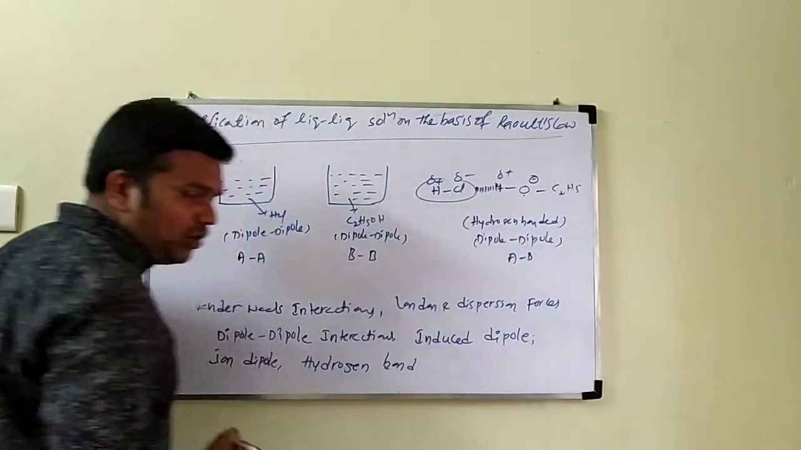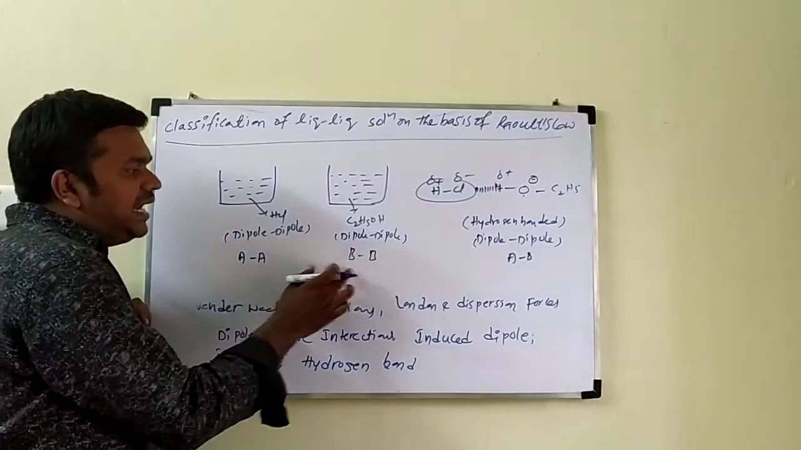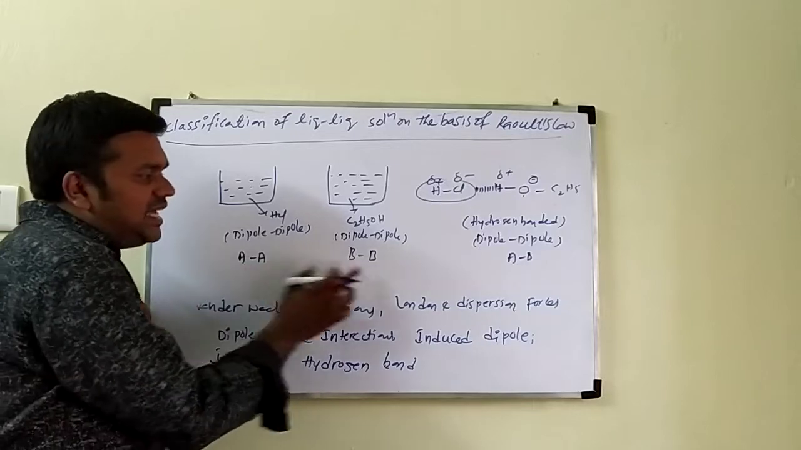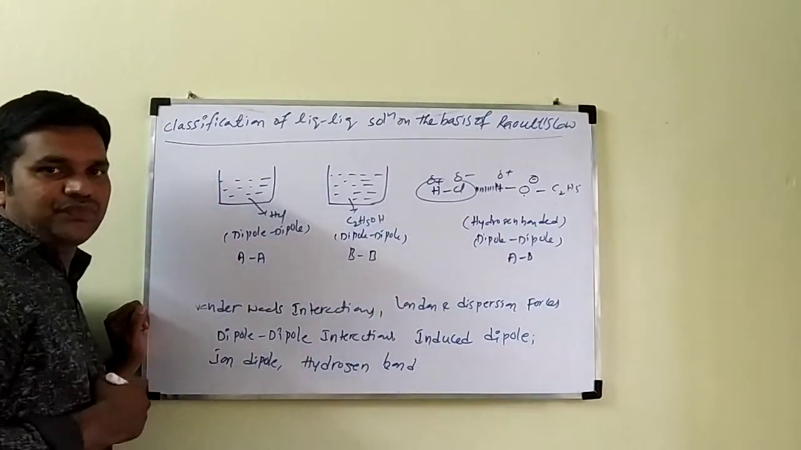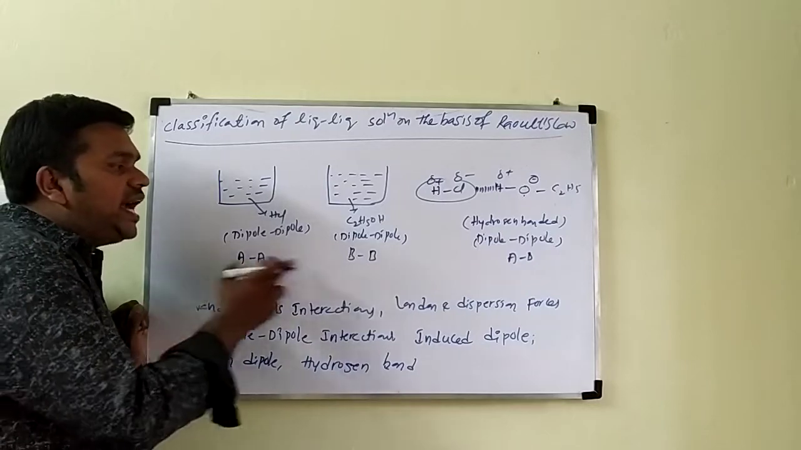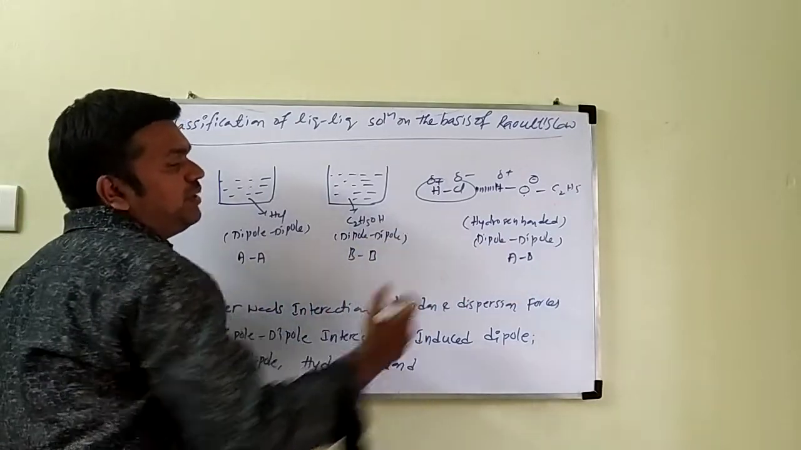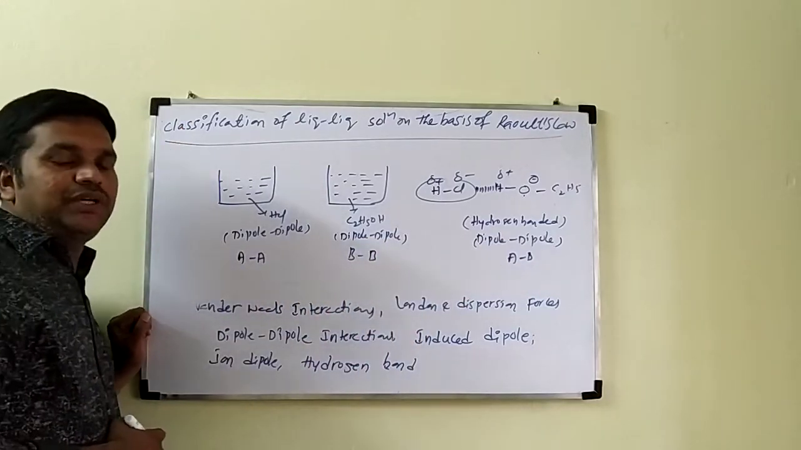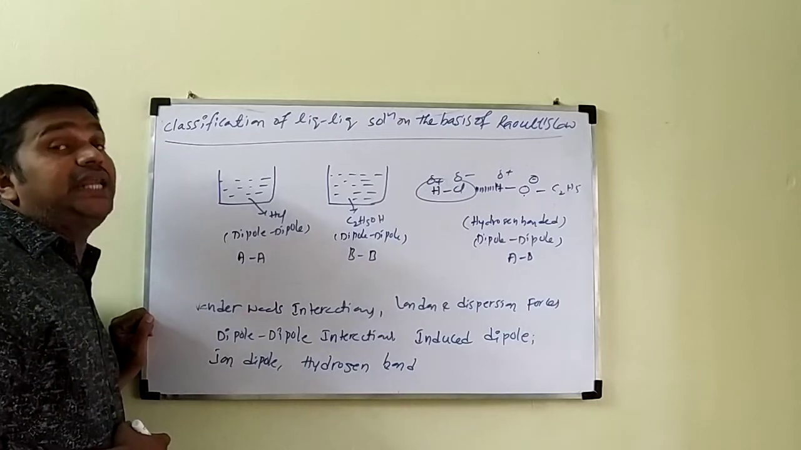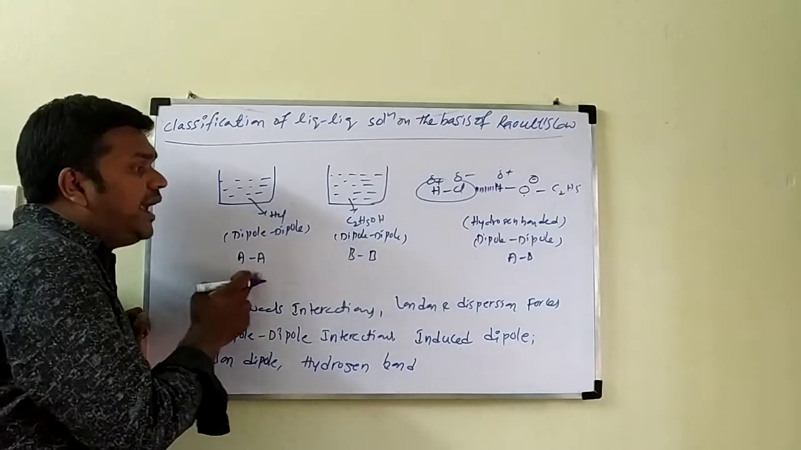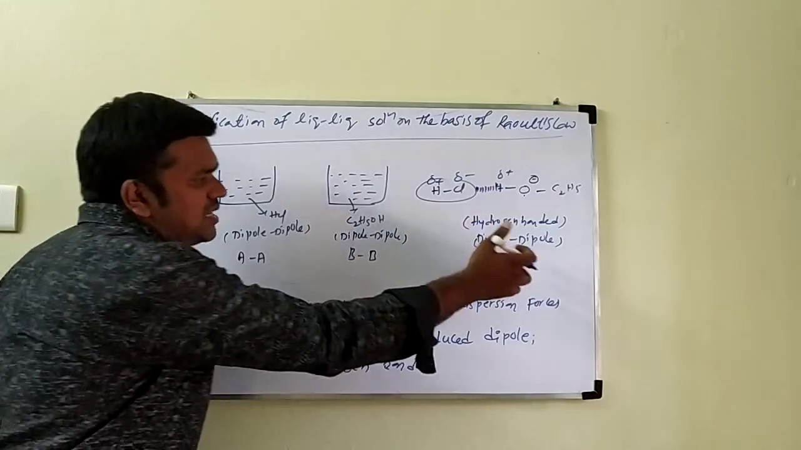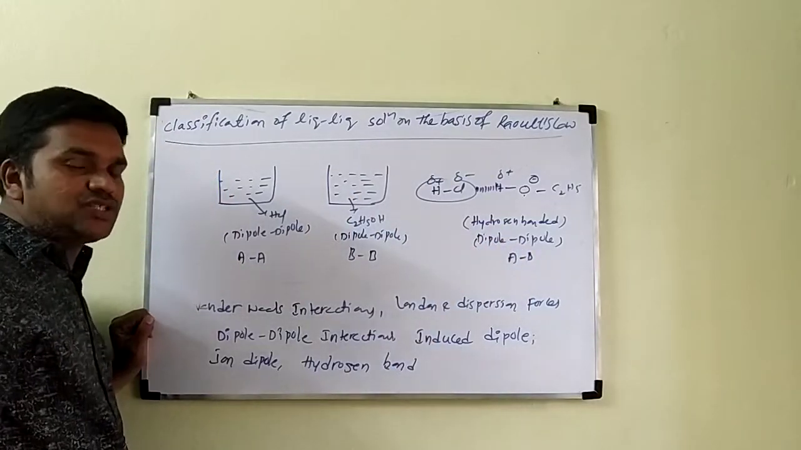Simply I want to say here, AA and BB interactions similar to which one? AB interactions only. Okay. So if AA and BB interactions are similar to AB interactions, that solution you are calling as what solution? Ideal solution only. If AA and BB interactions are not same as AB interactions, that solution you are calling as